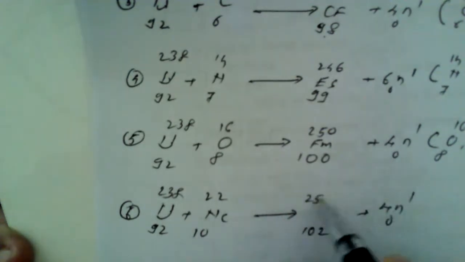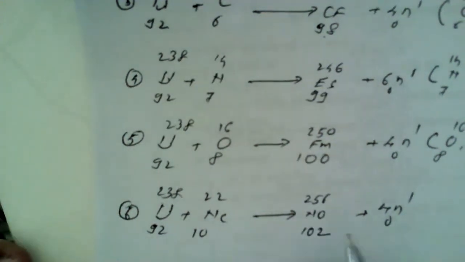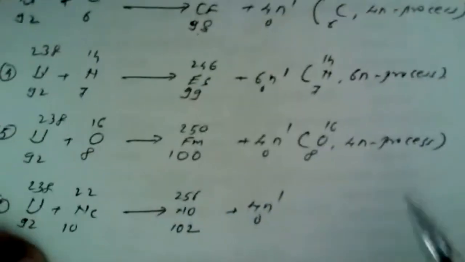Now, once we know the particles which are ejected, known as ejectiles, one can easily arrive at the product of the main reaction. So 92 plus 10 is 102, and 238 plus 22 is 260, minus 4 is 256. The element is nobelium. So this reaction can be written in terms of its notation like this: